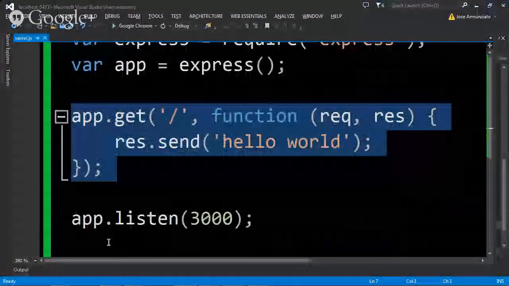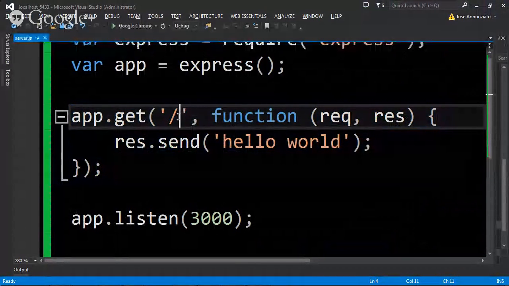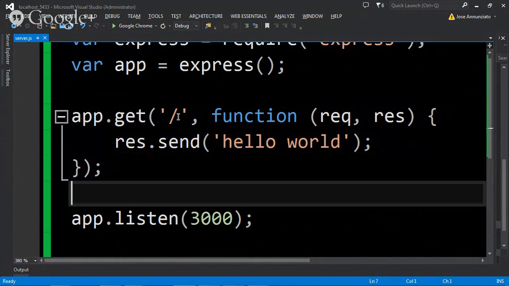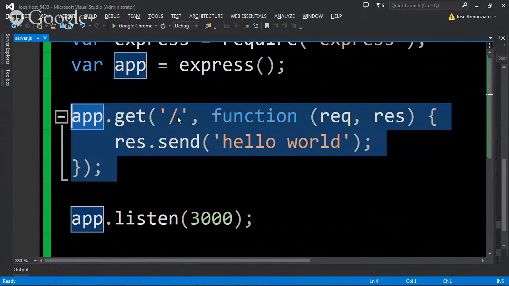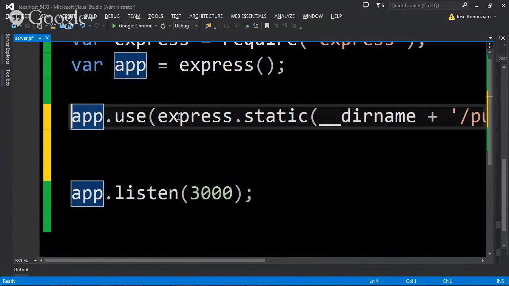I'm going to replace this because this slash is the root, isn't it? Typically, the root should be mapped to what? Either to a directory listing, right, or to an index.html, typically, right? So I'm gonna blow this away and say, no, I don't want you to send hello world. What I want you to do is